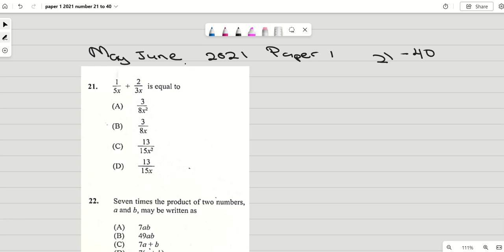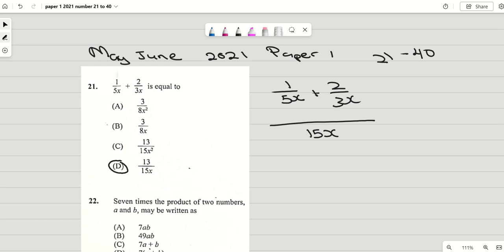Right? So if we look at this, it said, what is this equal to? First off, if we have 1 over 5x plus 2 over 3x, we have to find something that could both go into 5x and 3x, right? Because they have x in common, we'll put the x, and then we multiply the numbers. 5 threes are 15. So 15x could go into both 5x as well as 3x, right? So you basically find your LCM. So we're looking for something that has 15x, which is